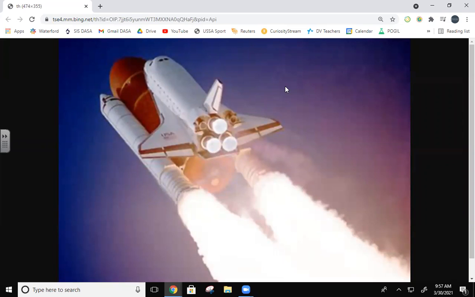Okay, so types of propulsion. Chemical rockets are the ones that we have talked about the most. Remember that the main engines on the space shuttle were liquid fuel. They burned